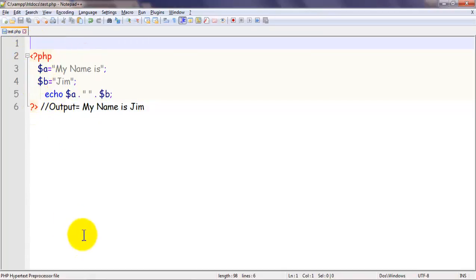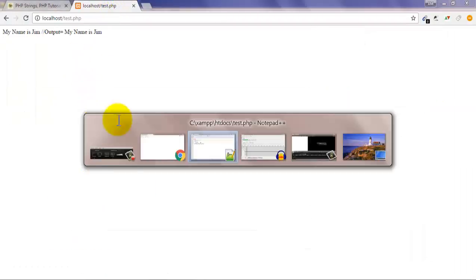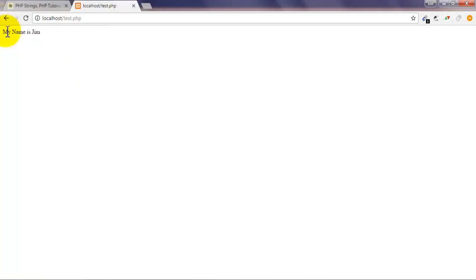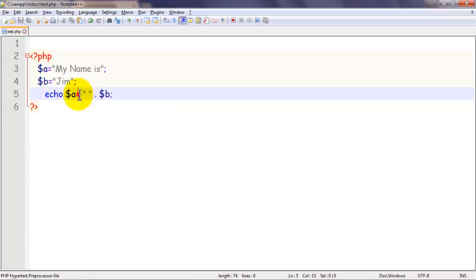Save this, refresh here. My name is Jim. "My name is" is one string, "Jim" is another string. This is joined using the concatenation operator, that is the dot operator.